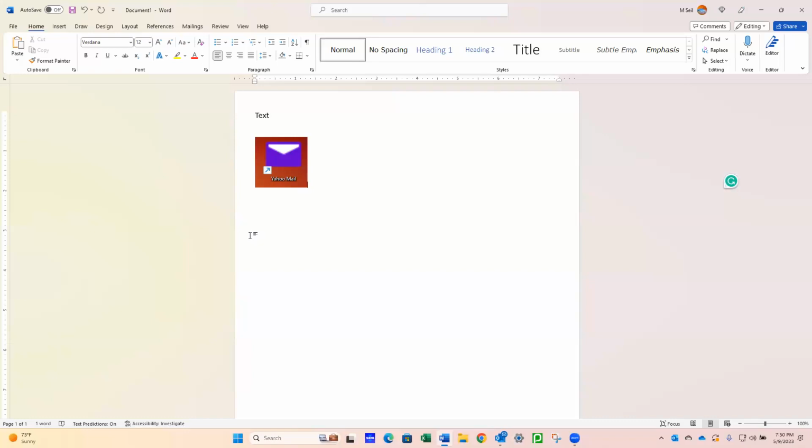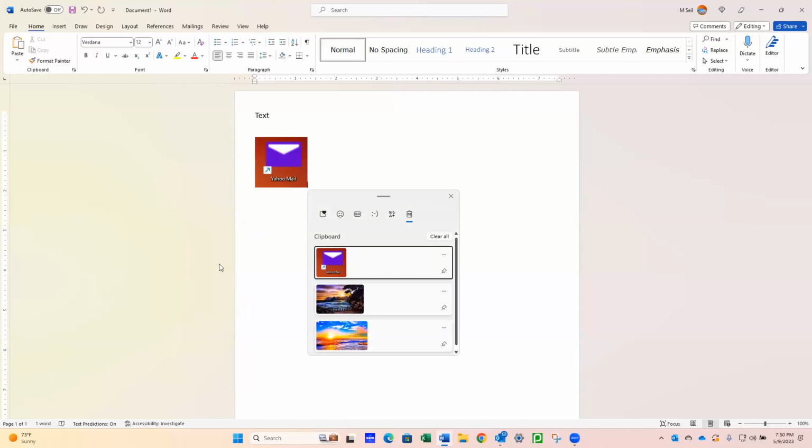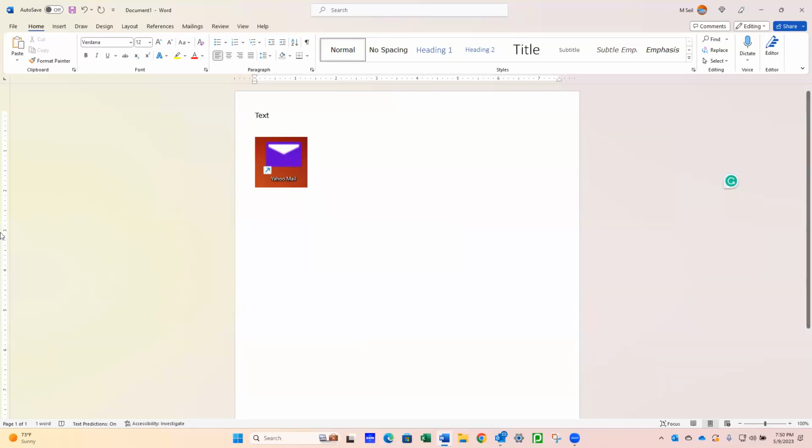Now, here's a problem though. I'm going to open the clipboard again. That item is still on the clipboard. So if I want to paste the second item or the third item, let me get out of here. I've got to come back to